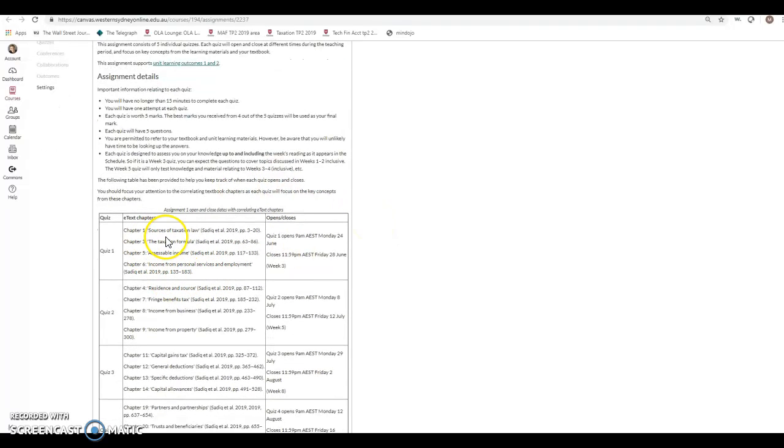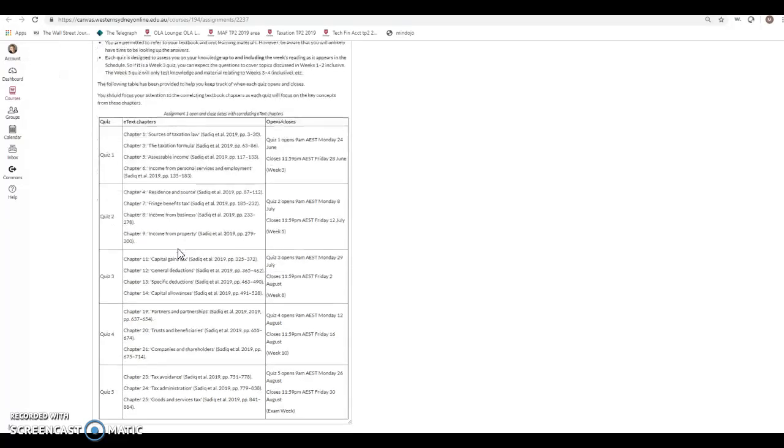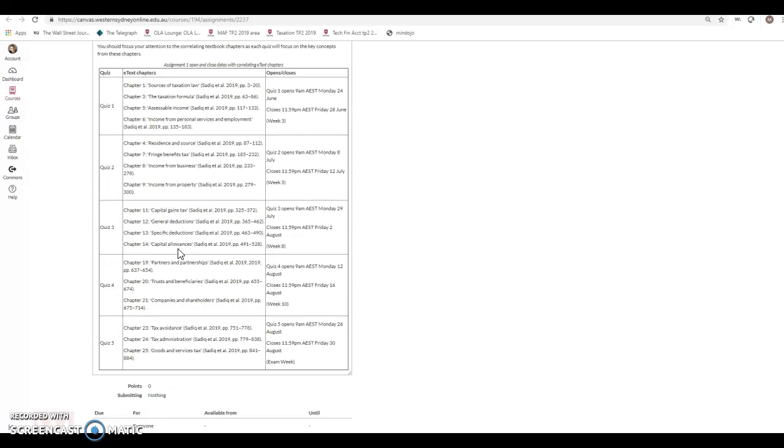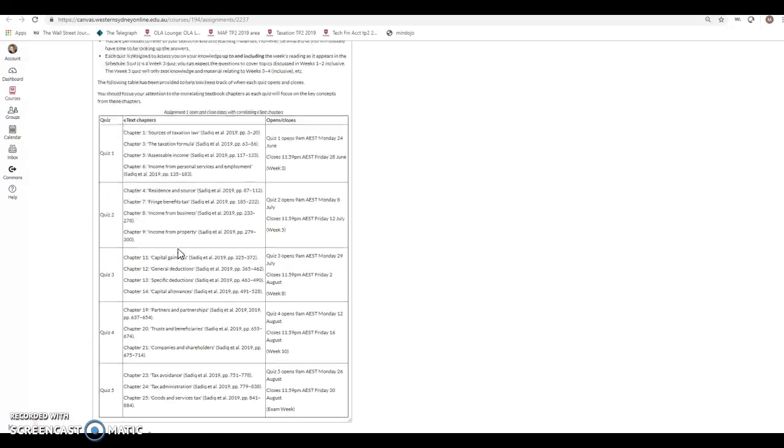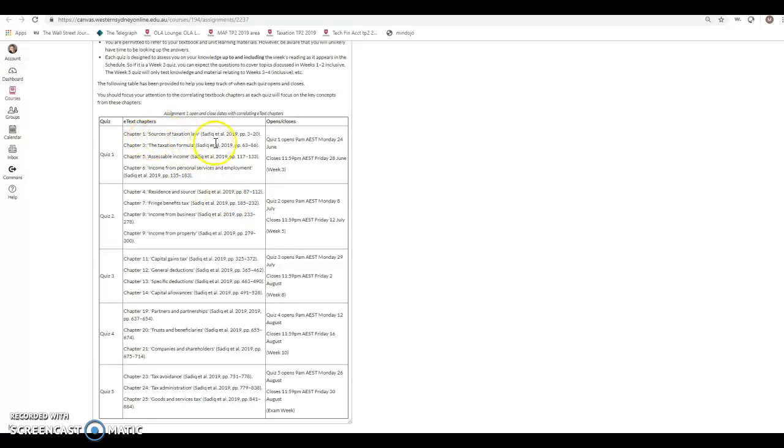So we've got quiz 1, which is covering chapters 1, 3, 5, and 6. So that'll be looking at modules 1 and 2. So with 5 of them, over the 10 modules, we will be testing with 5 quizzes. So here are all the topics. They even have the topics with the readings and page numbers to where you're going to be referring to with each quiz, which is really handy, I believe, to how you can attack them within that 15-minute time frame.